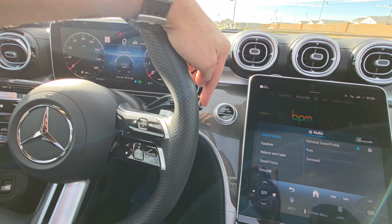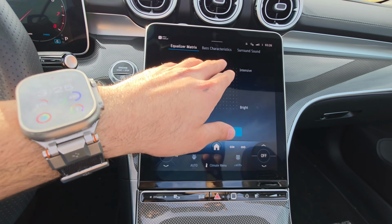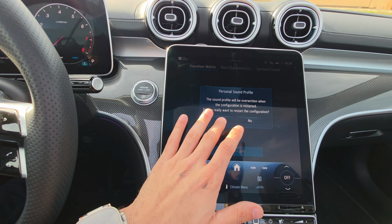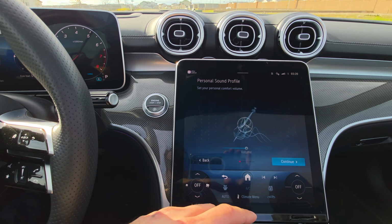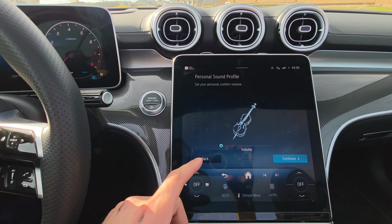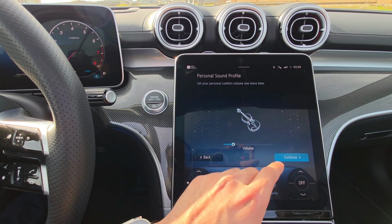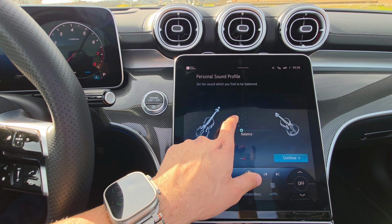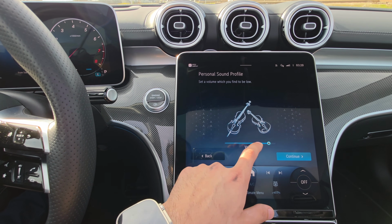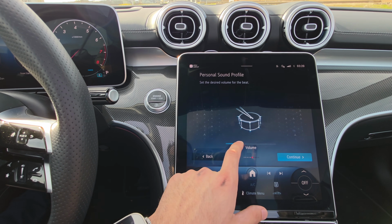So you have to have the vehicle in park to have access to this. So we just put the vehicle in park and tap the gear icon. You can either modify your existing one or tap reconfigure, and it's going to play a series of songs. So if we hit yes, it'll walk us through the whole personalization ability. And the way it works, it plays a series of musical instruments, and you just adjust the volume to your personal preference. If you enjoy bass, if you enjoy the low tones more, and then just basically find the balance between these two instruments, tap continue, adjust how aggressive you want these two musical instruments to sound, and then balance it from here. And then you have drums,